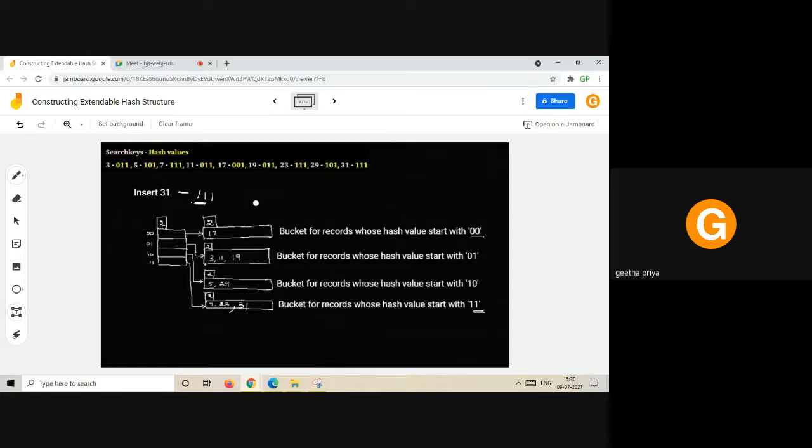Okay, so suppose in the question they have given the hash function as h of x equals x mod 8, right? But if they didn't give any hash function in the question, and simply gave some search keys alone, it means you could not apply a hash function, right? So for the search key values given in the question, you write the direct binary form. Provided the hash function is not given, you have to write the binary value for the search keys and then proceed with solving.